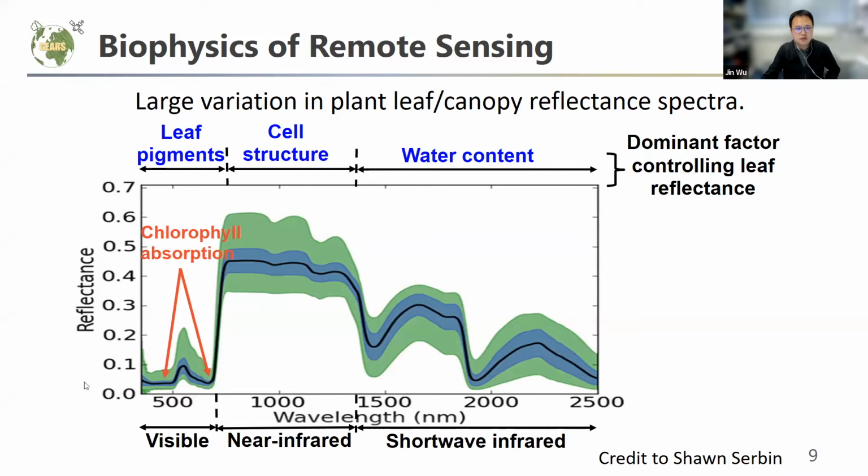Through long-term evolution, plants developed strategies so that this region is quite sensitive to chlorophyll absorption. And then for the shortwave infrared, a lot of evidence suggests it is quite sensitive to leaf water content. And in between, the near infrared represents a lot of sunlight energy, but plants normally will not use this kind of energy for photosynthesis. So most plants evolved the strategy to reflect all this energy out. That's the reason the near infrared normally has really high spectral reflectance values.